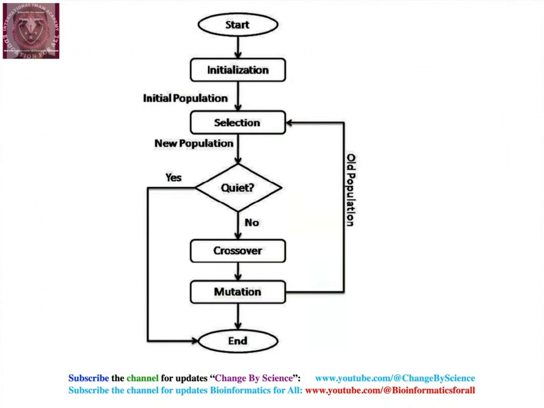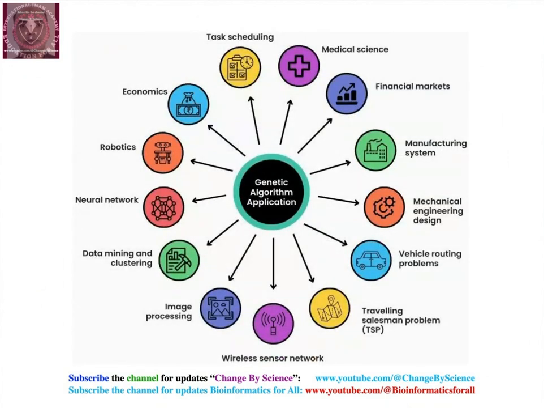Then you go for population initialization, then the selection process, and then you get some new population. After that you go for crossover and mutation, and you repeat the process with iteration. You may repeat it several times, hundreds of times, or more, depending on the size